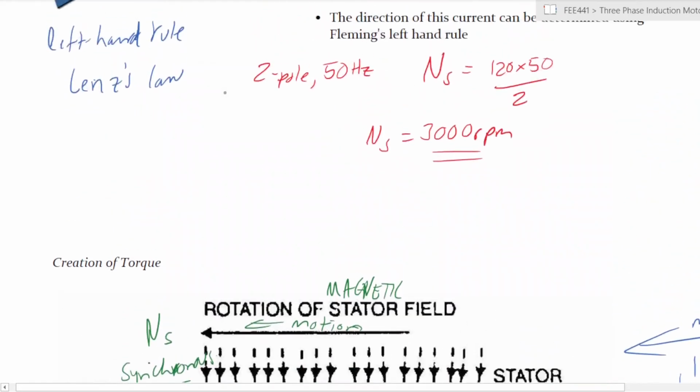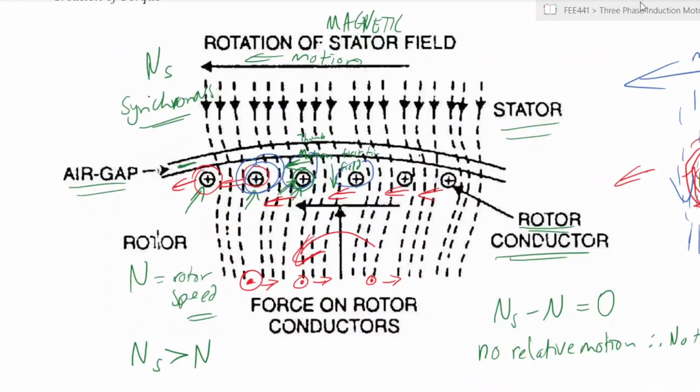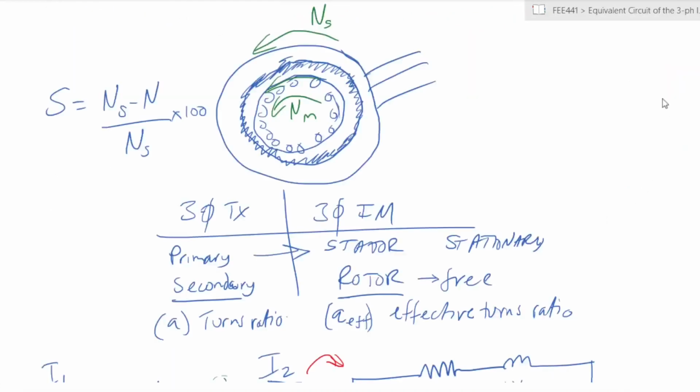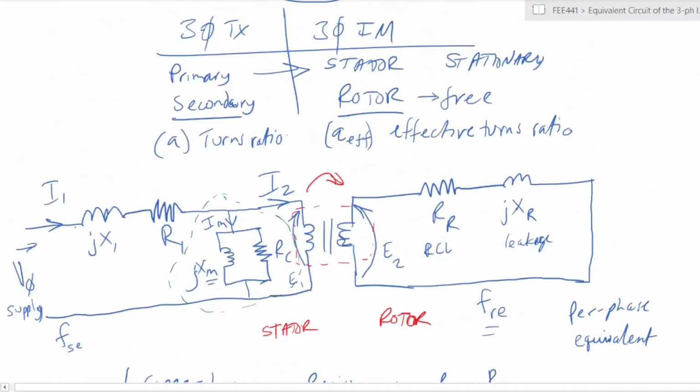Remember our Lenz's law. So it is Lenz's law that is responsible for this voltage that we are seeing on this other side, okay? So that means that in this particular case, our frequency of rotor current, which is denoted here by IR,